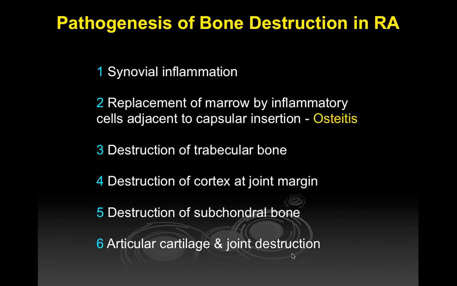And this is not completely agreed upon, but one of the theories that's fairly prevalent is that it starts with synovial inflammation. The inciting event is not clearly understood, but it starts with synovial inflammation. Then what happens is that the bone marrow adjacent to where the synovium attaches to the bone, that's the capsular insertion at the margin of the bone, the marrow fat cells get replaced by inflammatory cells, and it's a